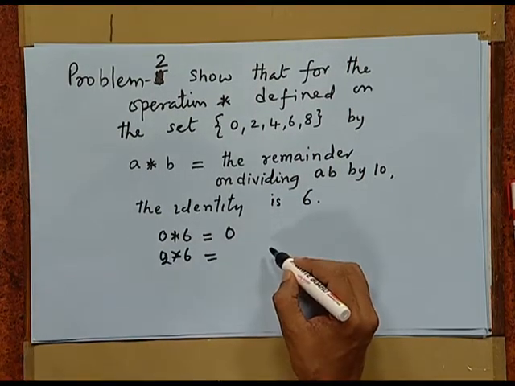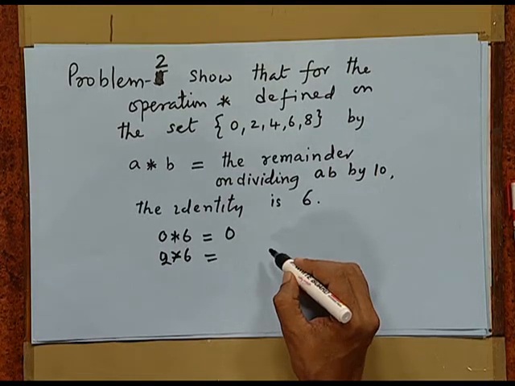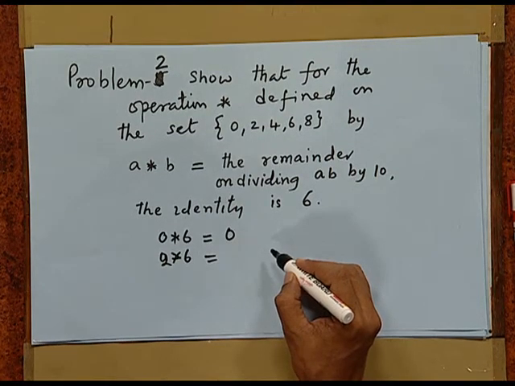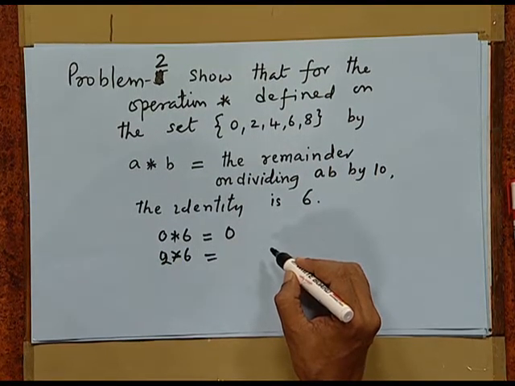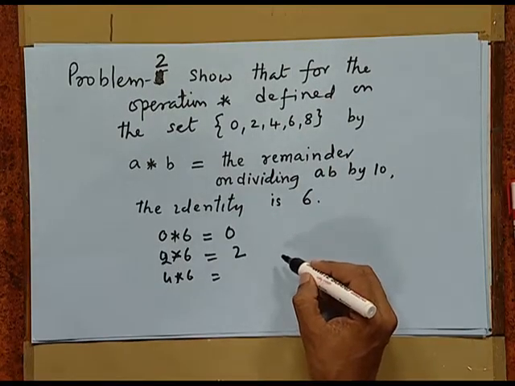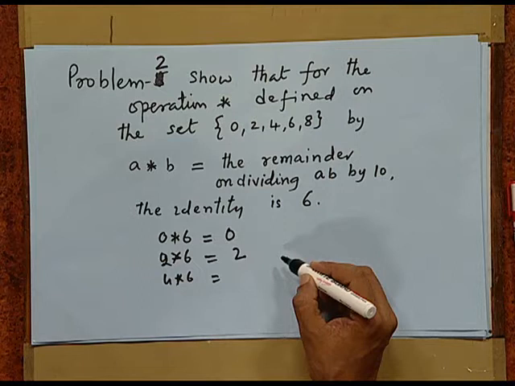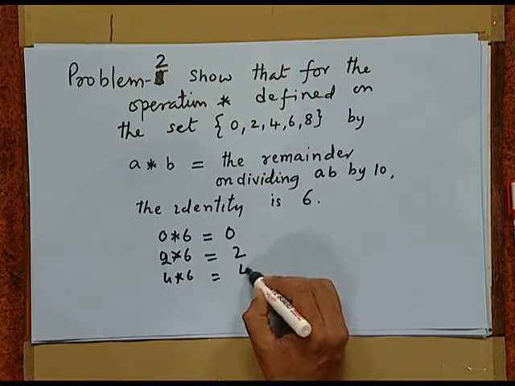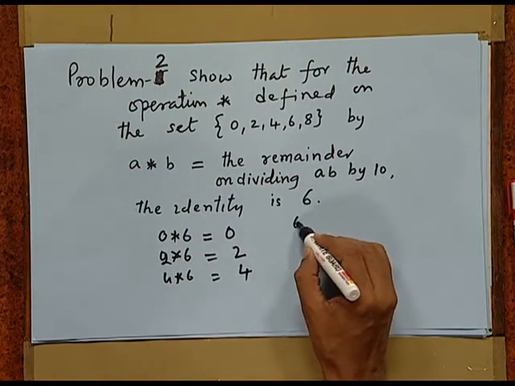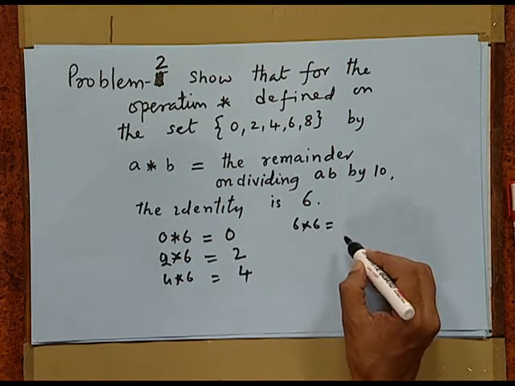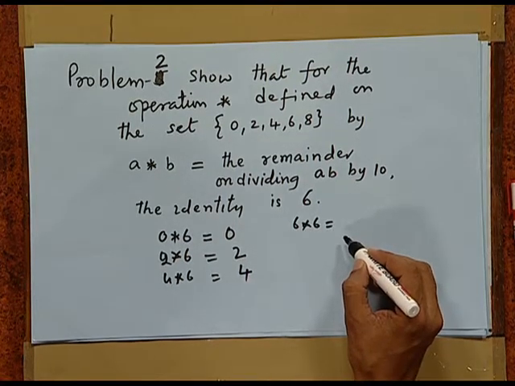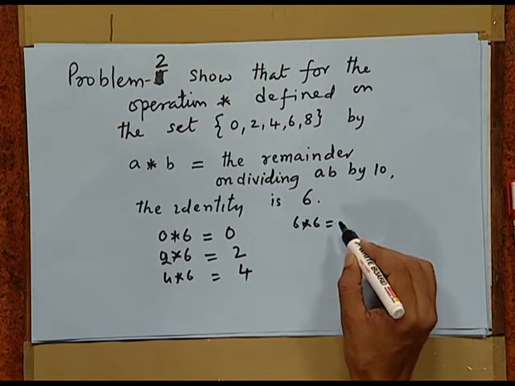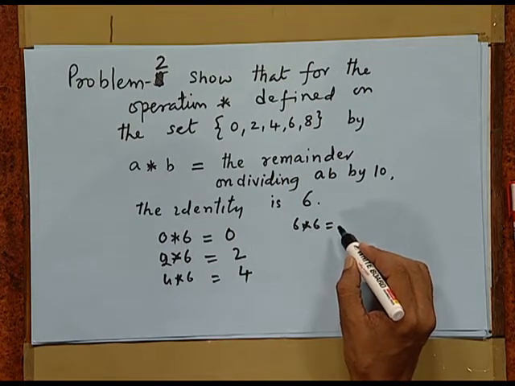This is actually 12 by ordinary multiplication, but our answer is the remainder on dividing AB by 10. So, remainder on dividing 12 by 10 is 2. Similarly, 4 star 6: 4 times 6 is 24, and when you divide 24 by 10, remainder is 4. Then we have 6 star 6: 6 times 6 is 36, but when you divide 36 by 10, remainder is